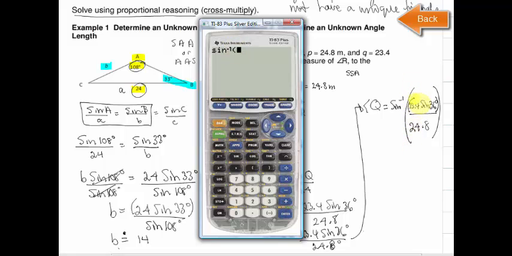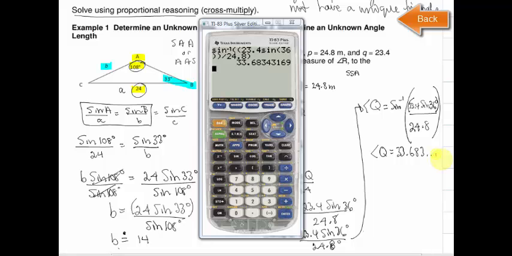I want to set up an inside bracket, so I'm going to go bracket 23.4 times the sine of 36, and then close that bracket, and then divide by 24.8, and close that bracket, and then enter, and I get 33.6834. So I know that angle Q is equal to